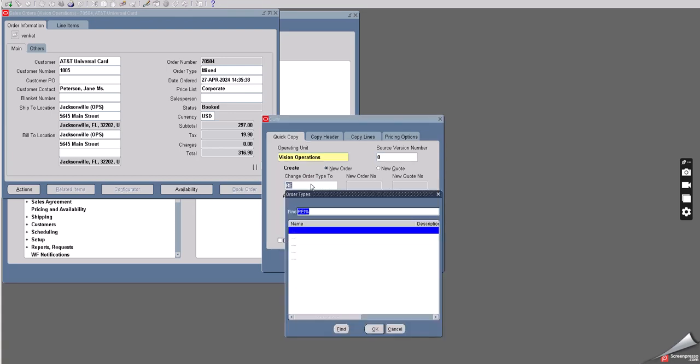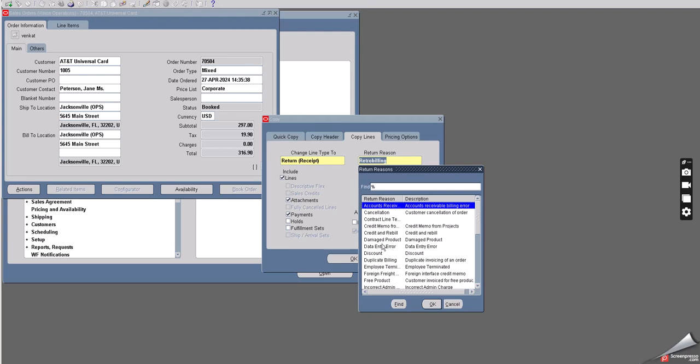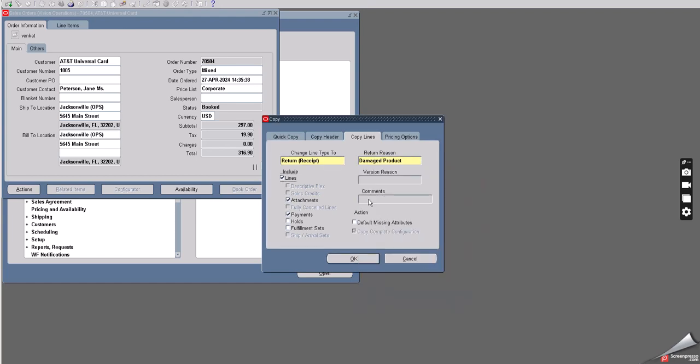return order, return only. Select the type as return only. In this case I am returning the entire material. So I need to select the reason. Here I'll just select damaged product or something else. Okay, then